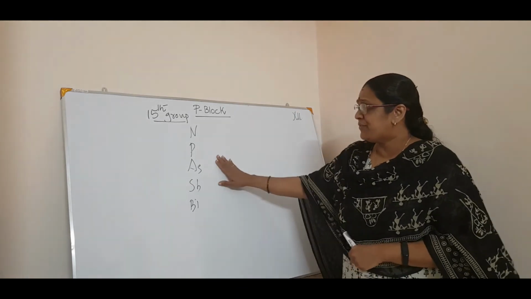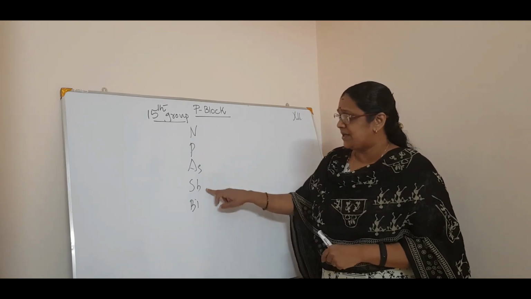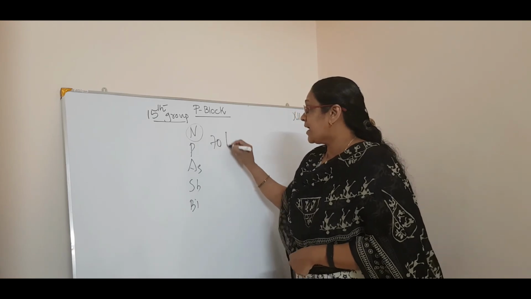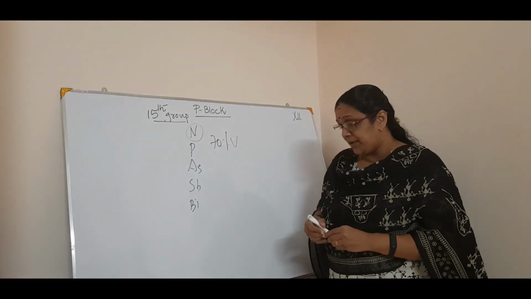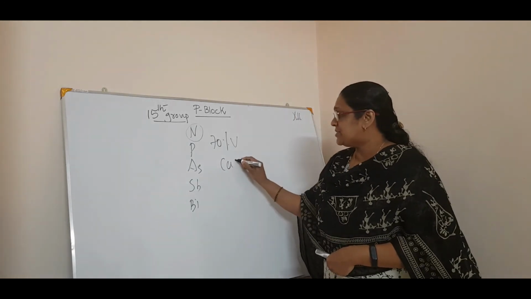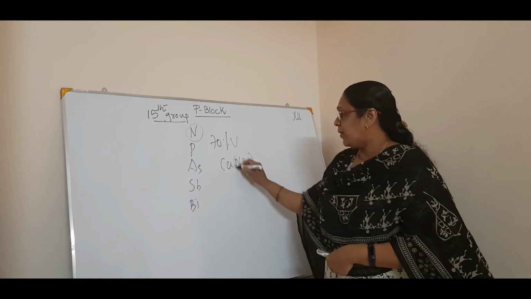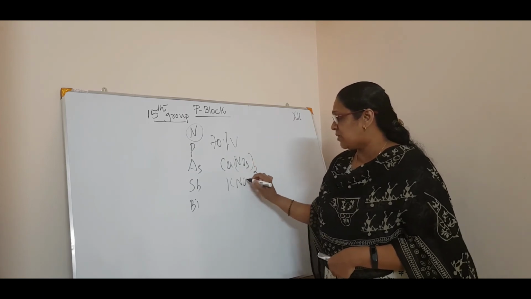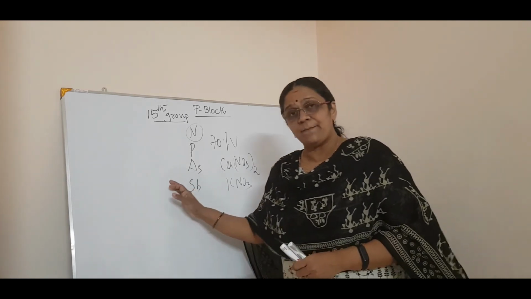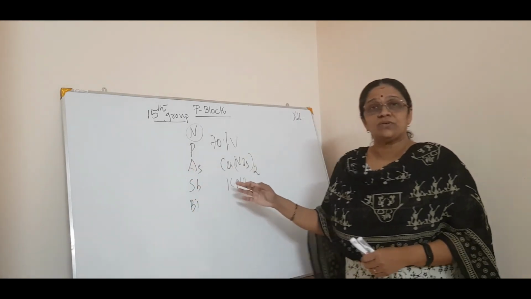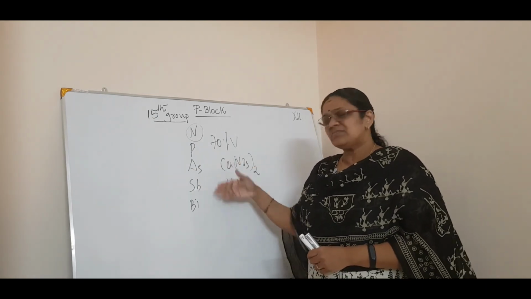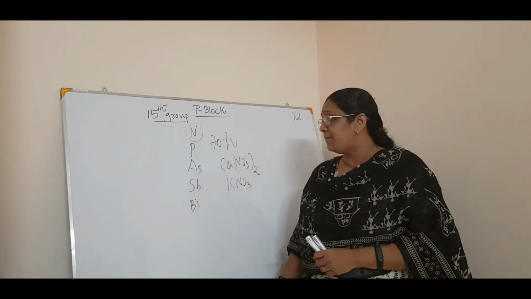As you know, the 15th group is nitrogen, phosphorus, arsenic, antimony and bismuth. And you know nitrogen, you can get it from the atmosphere. About 70% by volume, you will get nitrogen from the atmosphere. Or you can have it from calcium nitrate, or potassium nitrate, Chile saltpeter, etc. Phosphorus also, from the apatite family, you will get phosphate. Phosphate is stored in bones and all. So just read the occurrence, that is not an important thing.